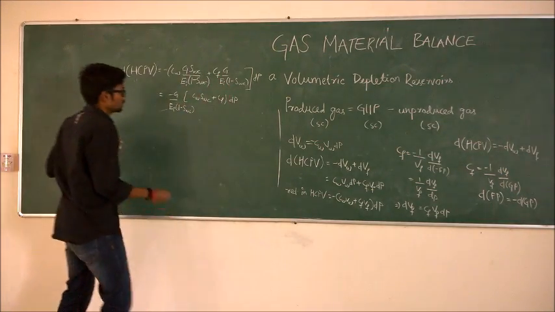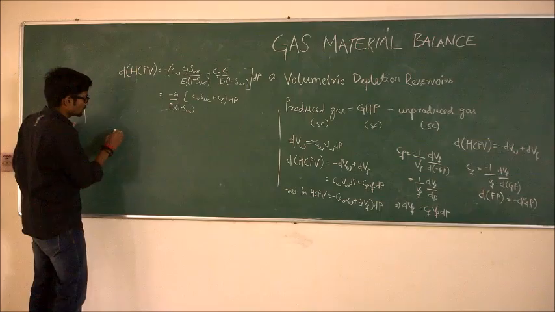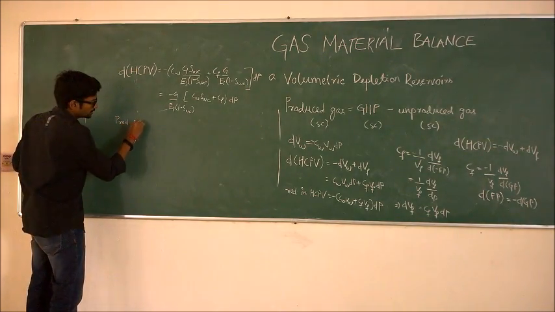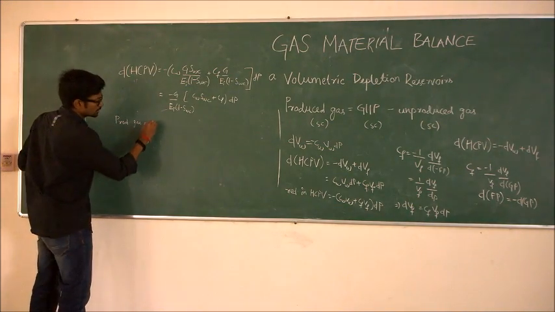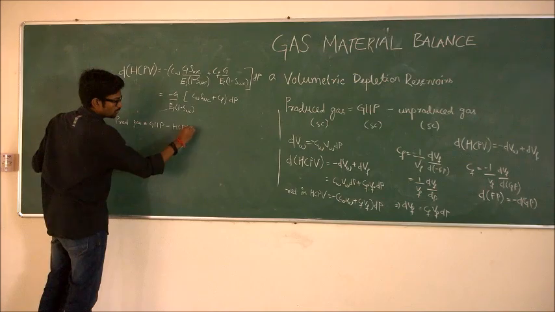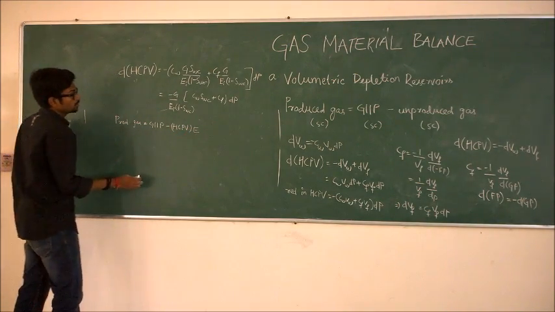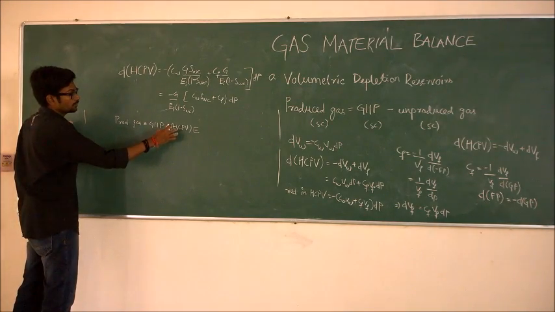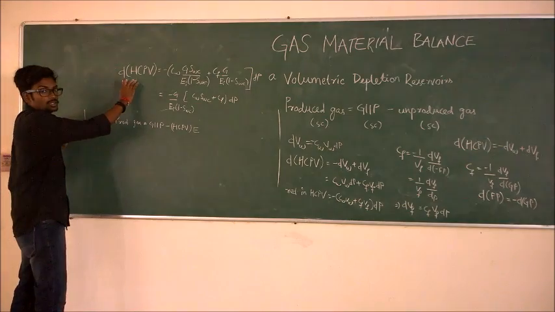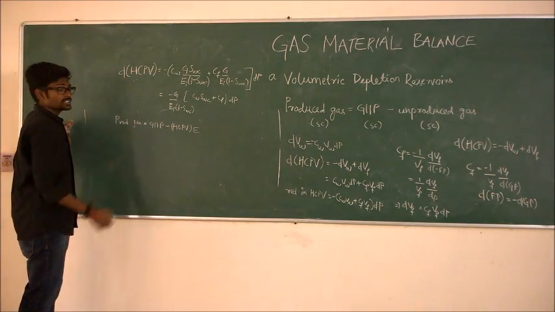So similarly substituting the change in hydrocarbon pore volume in the material balance equation, we get reduced gas is equal to G minus HCP into E. Now in this hydrocarbon pore volume, we need to include the reduction in hydrocarbon pore volume, which is